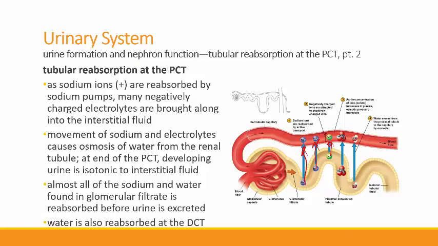So we reclaim a lot of water here at the proximal convoluted tubule, so that by the time we reach the end of the proximal convoluted tubule, the developing urine is going to be isotonic to the fluid that's around it in the interstitial spaces, so that tissue fluid. So it'll be isotonic from this side to this side of the